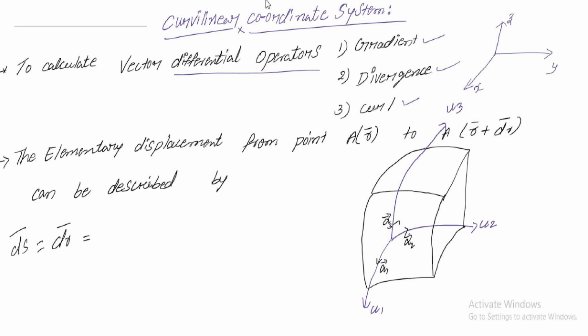For differential area we get dx multiplied with dy, and its normal to this plane is az. Then dy dz, and the normal to this plane is ax. And dz dx, and the normal to this plane is ay. So this is your differential area. The product is a scalar value, multiplied with some direction, it becomes a vector.